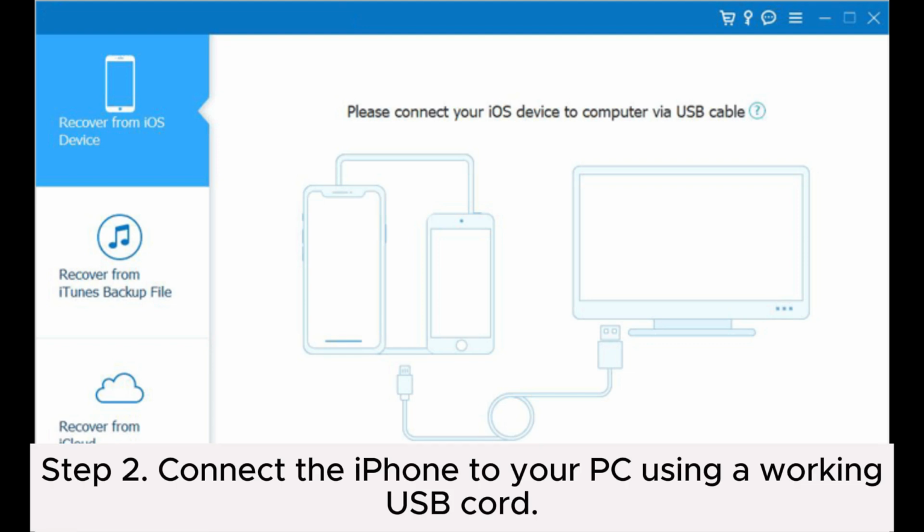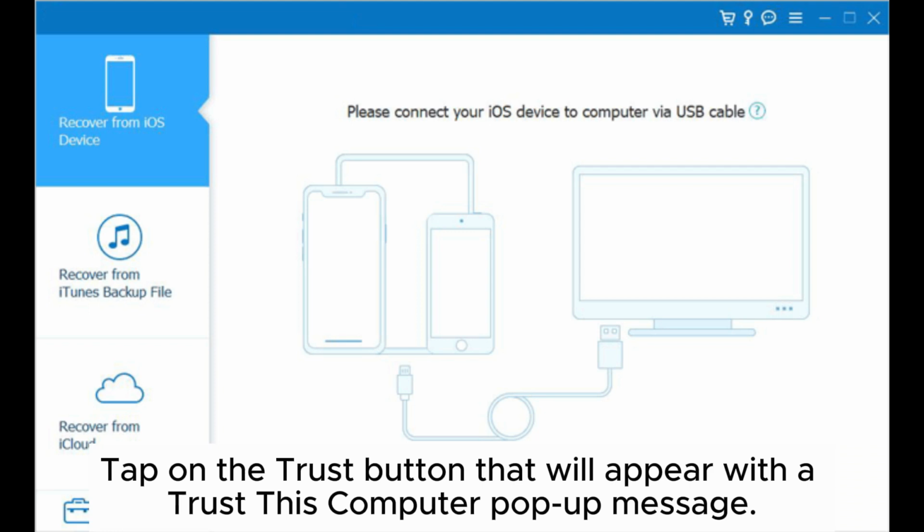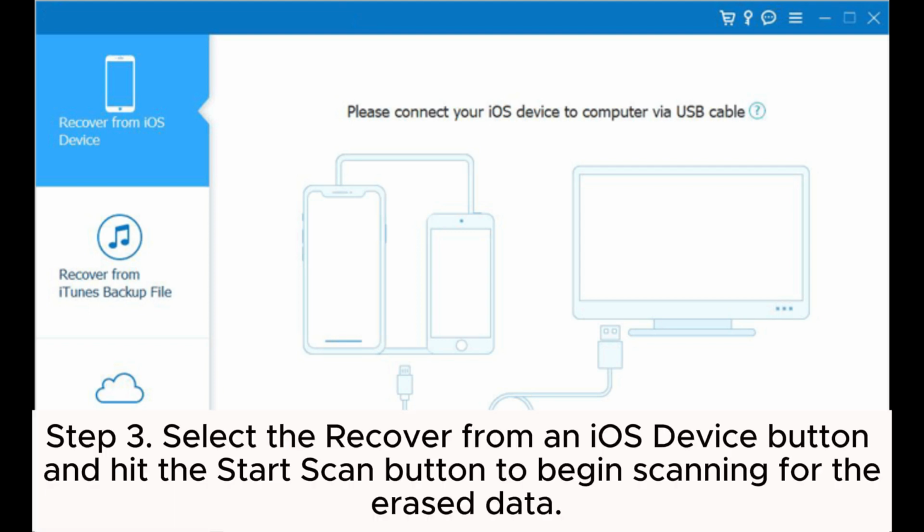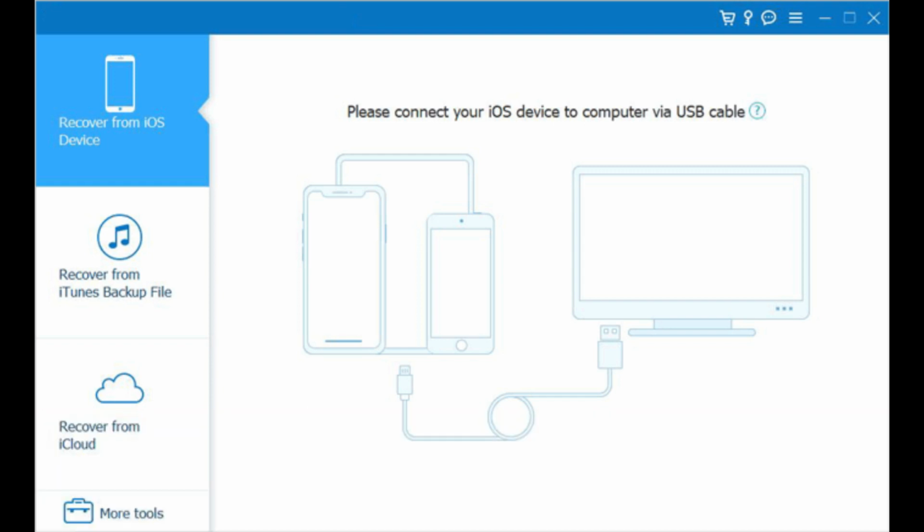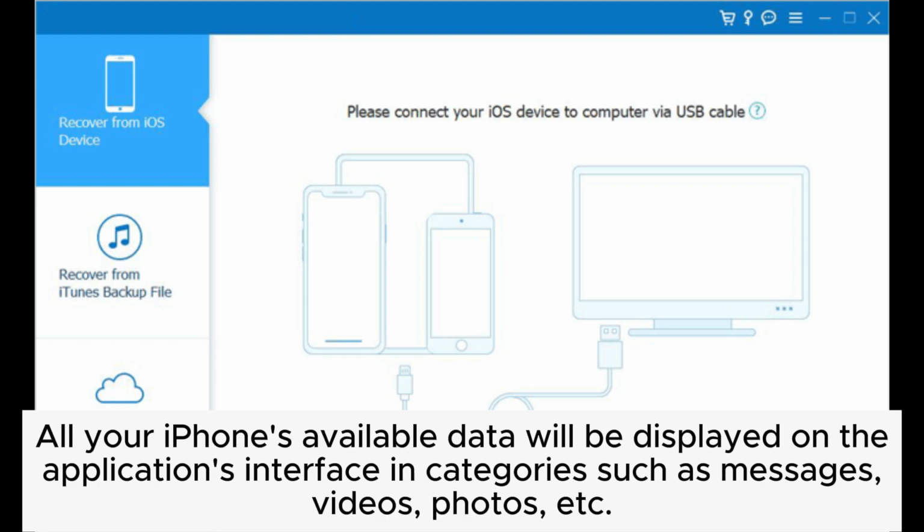Step 2. Connect the iPhone to your PC using a working USB cord. Tap on the Trust button. That will appear with a Trust this computer pop-up message. Step 3. Select the Recover from an iOS device button and hit the Start Scan button to begin scanning for the erased data. All your iPhone's available data will be displayed on the application's interface in categories such as Messages,